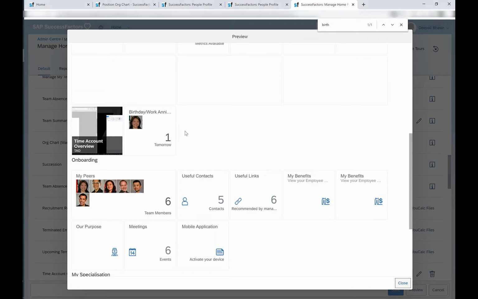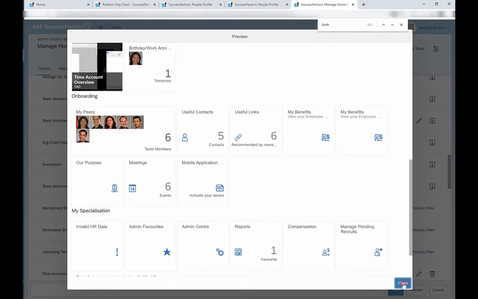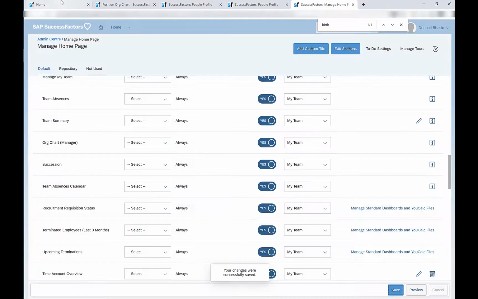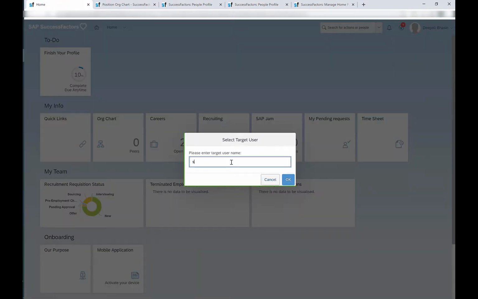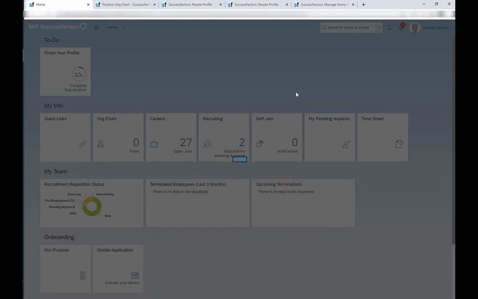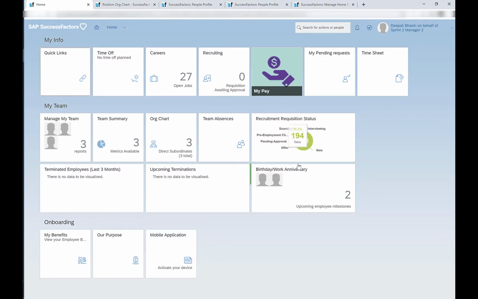Data that we see here is the static data, and this is just to show how the tile will appear on the home page. I'll click close and save. Proxy as manager again. And I can see that my birthday and work anniversary tile is back again, along with the same information that I had maintained previously.